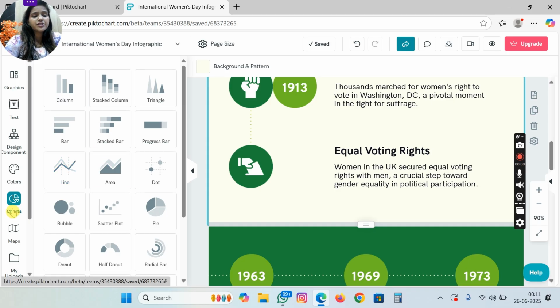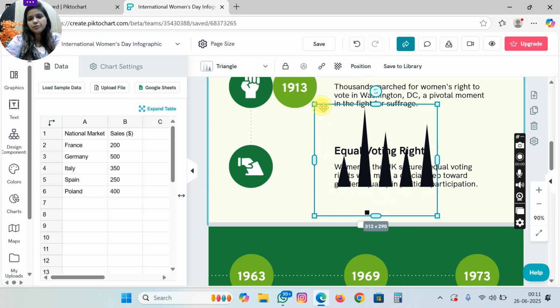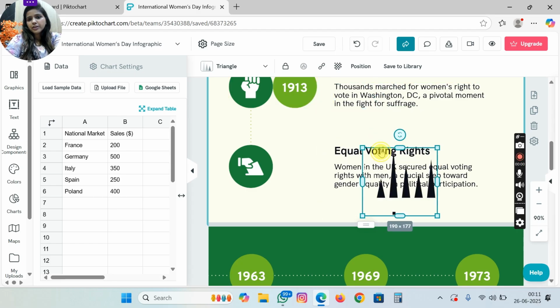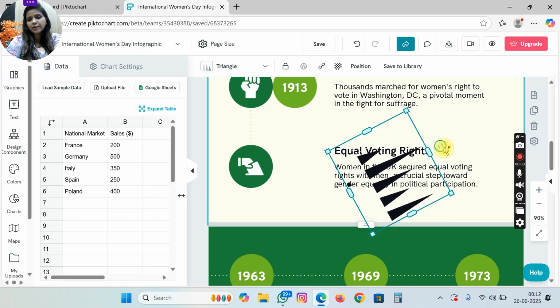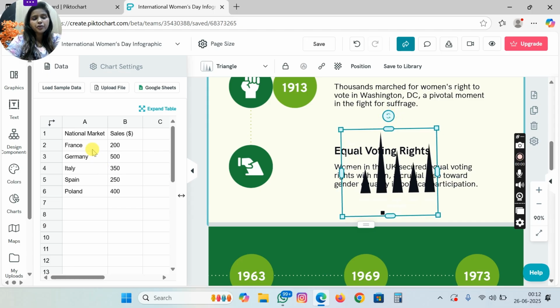For that you will just click on charts and select whatever chart you want. The chart will be inserted. By using this square box, you can increase or decrease its size. From here you can rotate it according to your wish, and you will mention your data here, the key or data on which you want to make the chart.